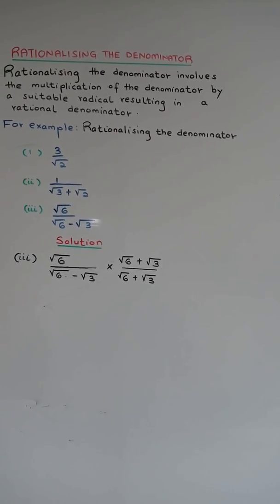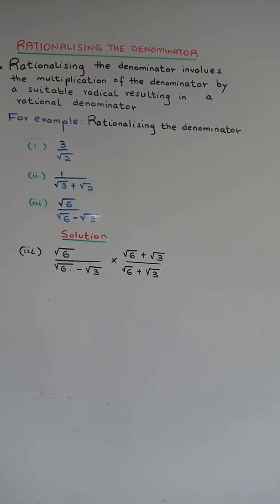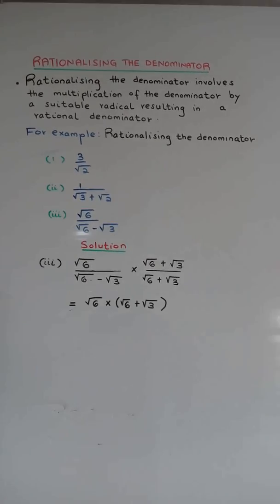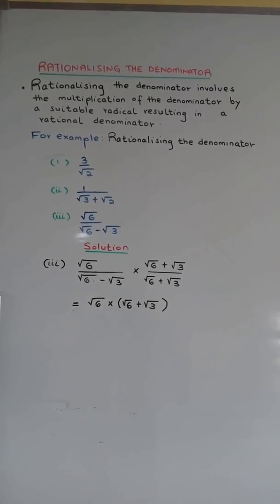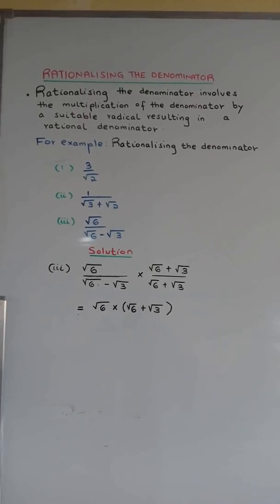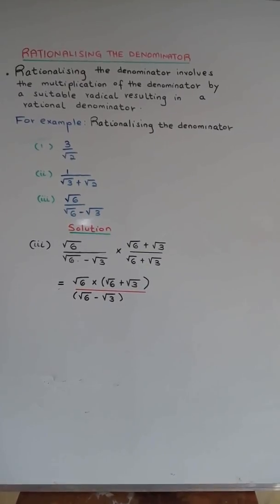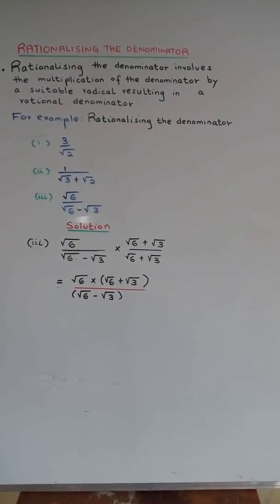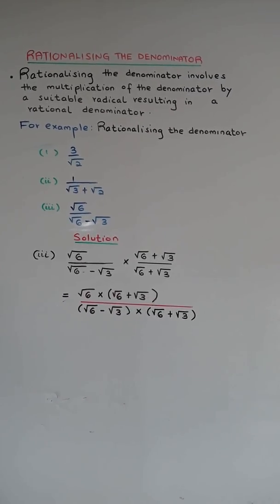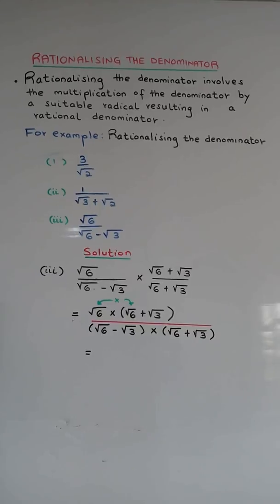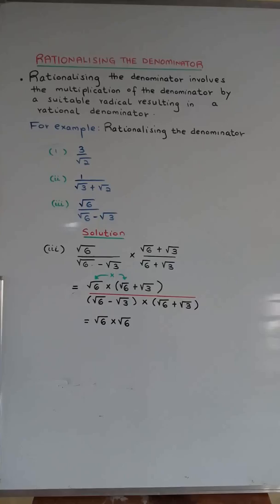Multiply by radical 6 plus radical 3 over radical 6 plus radical 3, which is equal to radical 6 times brackets radical 6 plus radical 3, over radical 6 minus radical 3 times radical 6 plus radical 3, which is equal to radical 6 times radical 6